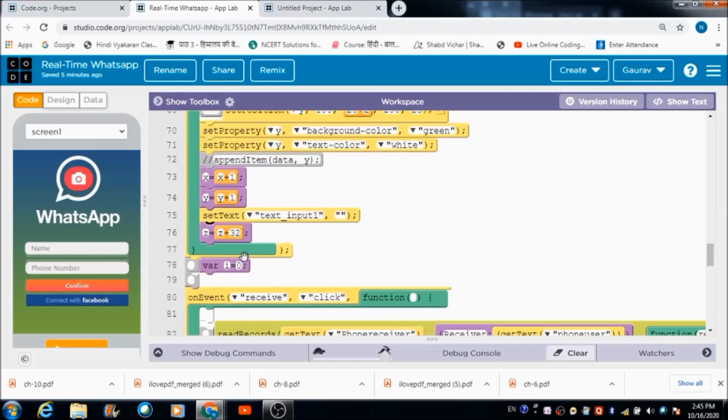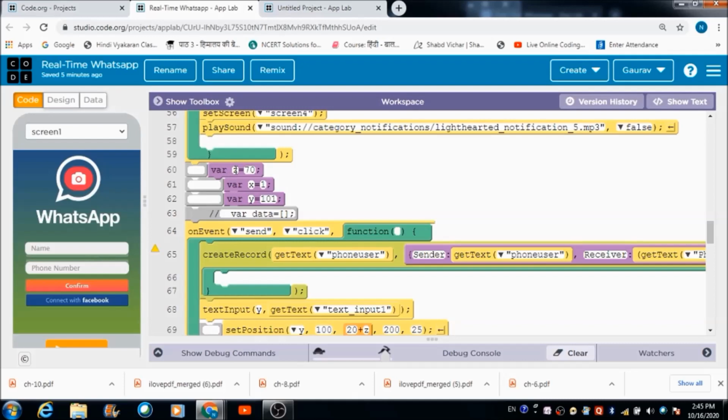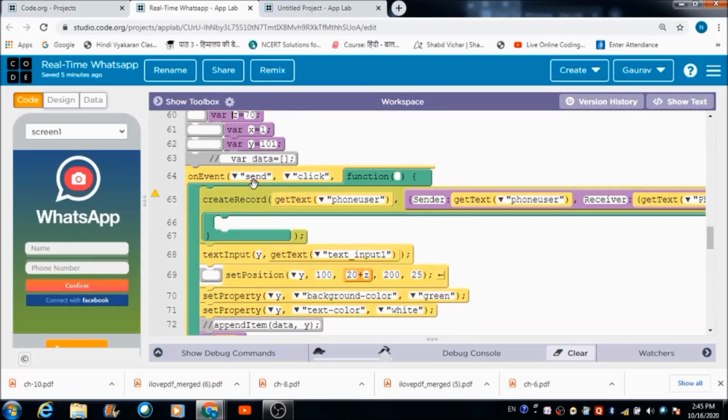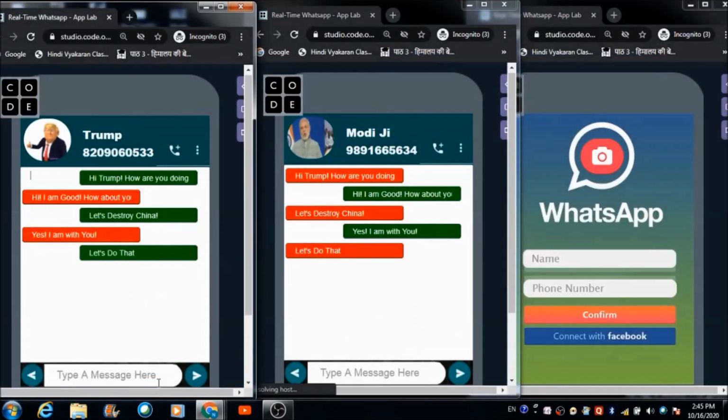I have used one more variable, and I would like to tell you its use. z is a variable. See here, while setting the position, I have mentioned 20 plus z. Why? So that when the user hits this receive button, the red box is reflected here. To receive the message this person has sent, he needs to hit this button.